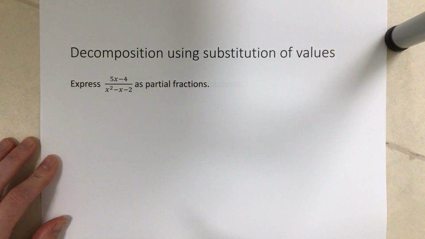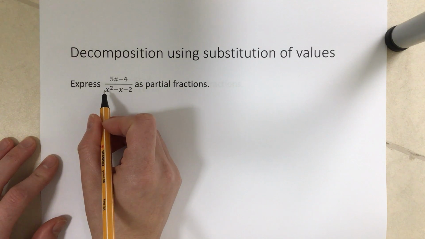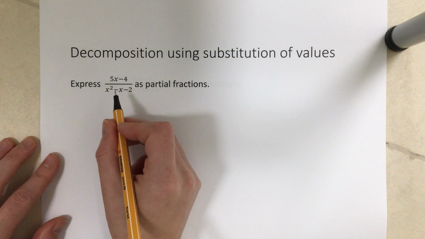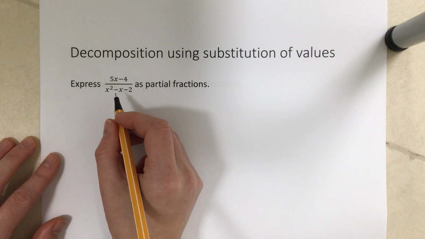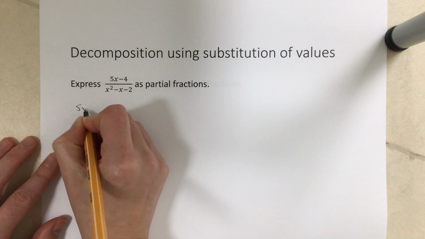Now, if you don't remember how to factor, I'm going to do it quite quickly here. We can take a look at that again. I can put a link to do that, and the next one will be more challenging, so that might be good to review as well. And since there's nothing in front of the x squared, it's actually quite easy. I'm just going to find the two numbers that multiply to -2 and add to -1, and those are -2 and 1. So I'm going to rewrite this